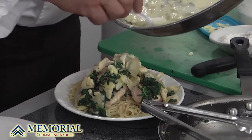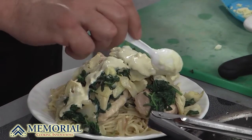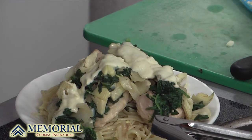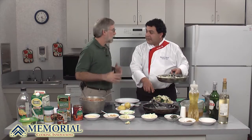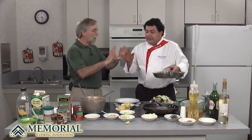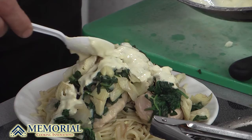Okay, so you're just drizzling a little bit on that. That's the reason we're using this sauce and very little of it, because we flavor our pasta with the basil and the garlic. You don't need all that sauce. It does go good with this. Put that aside, and it would go good on